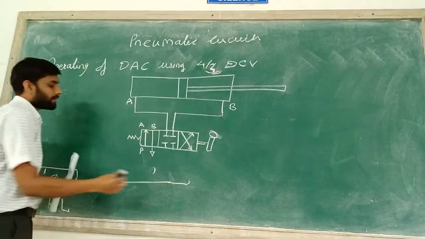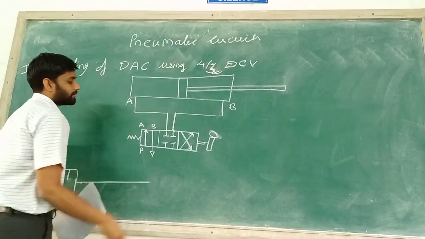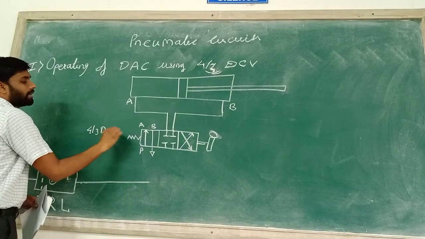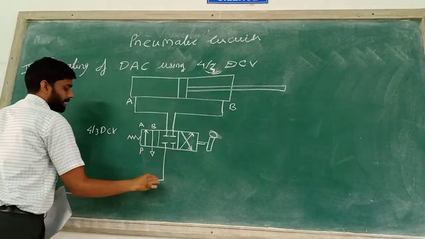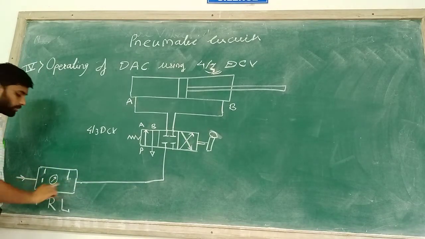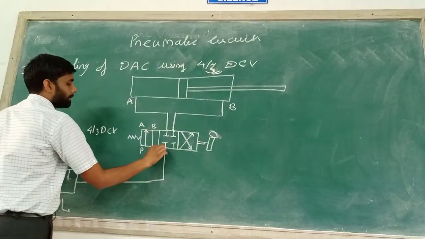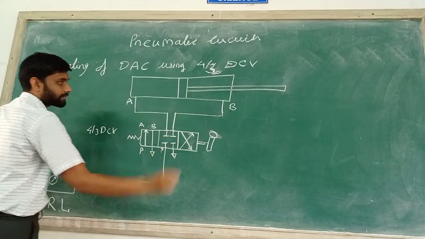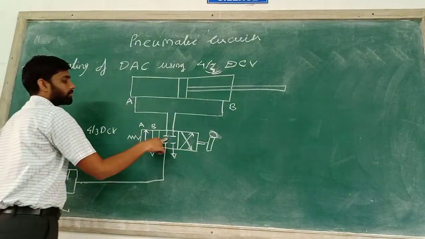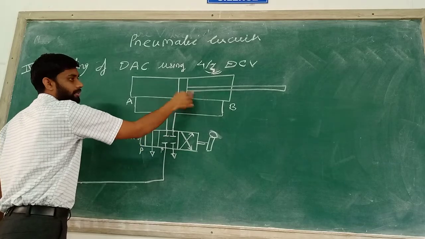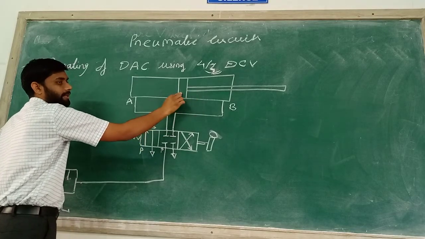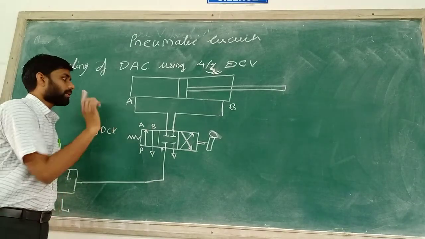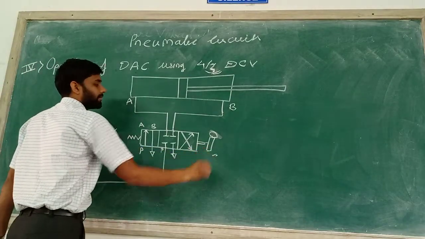So when our system is operating with this 4x3 direction control, and the valve is in its second position, the air coming out of this FRL is connected to port P here, and this port P is shut here. This is directly connected to the air exhaust. Port A is also shut, port B is also shut, so no air leaves the cylinder, and the cylinder remains in its neutral or idle position.